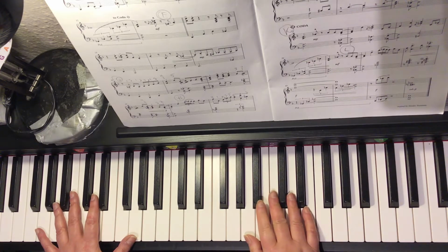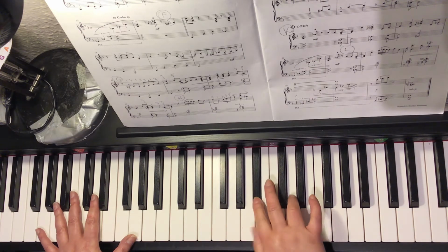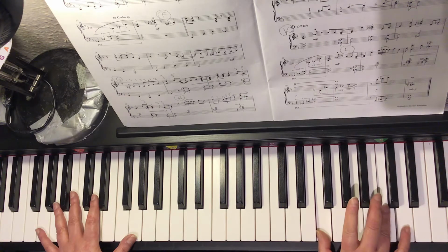A tutorial for East Coast blues, specifically bars 21 through 24. Right hand first by itself. A 1, a 2, a ready, go. And 1, and 2, and 3, and 4, and 1, and 2, and